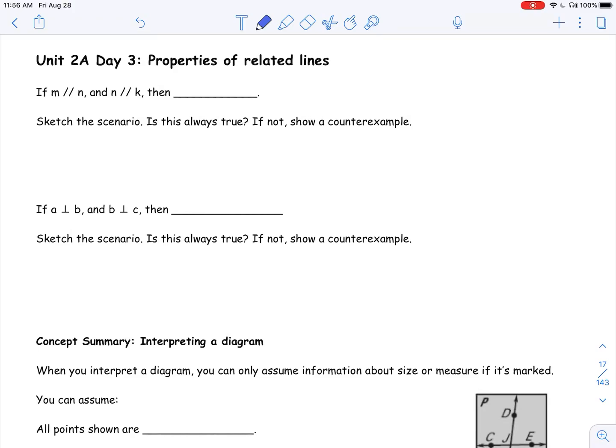Okay, Unit 2A, Day 3, Properties of Related Lines. I'm going to draw these out the best that I can, and then we'll talk about what happens if these are coplanar or non-coplanar if possible. So if M is parallel to N, and N is parallel to K,